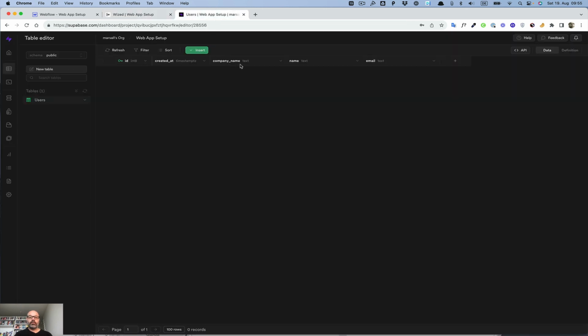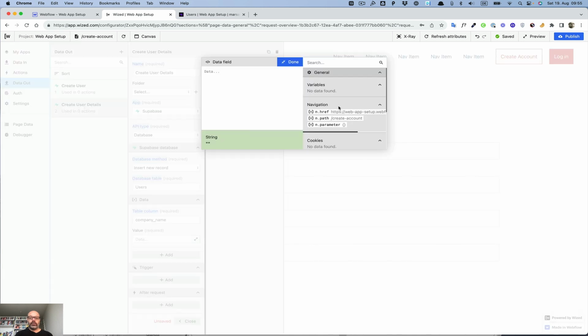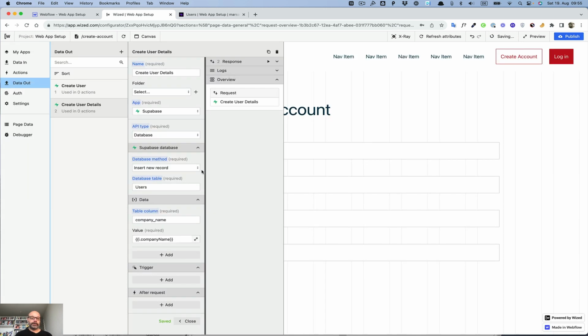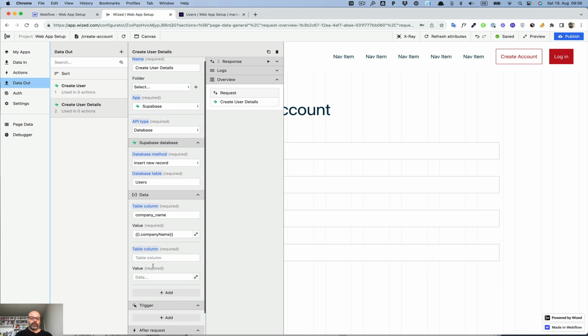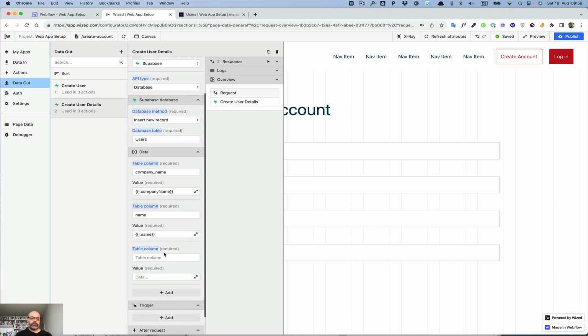So that is underscore and not with capital. And then the value is our form field, company name. Done. And we add another one because we also want to have the name, and the value is name. Done. And we also want to have the email here,